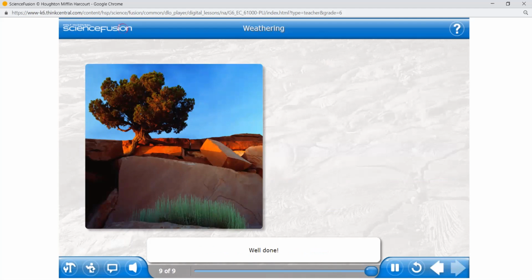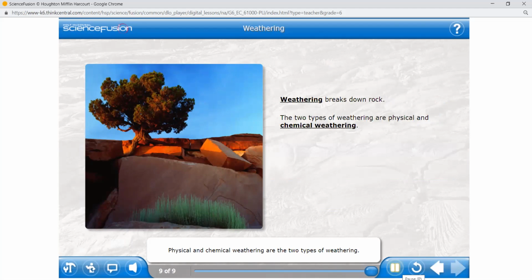Well done! You've just completed the lesson on weathering. Let's look back at what you've learned. Just like with the Statue of Liberty, weathering can break down rock. Physical and chemical weathering are the two types of weathering.